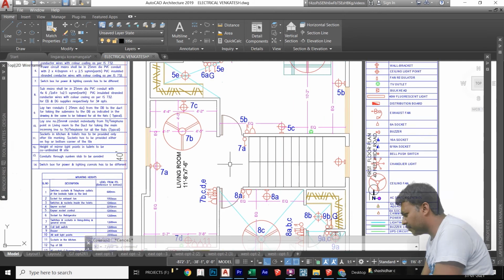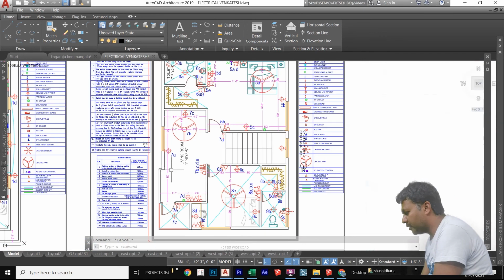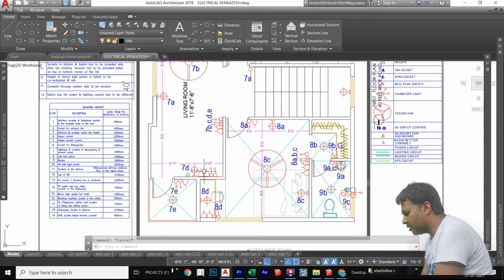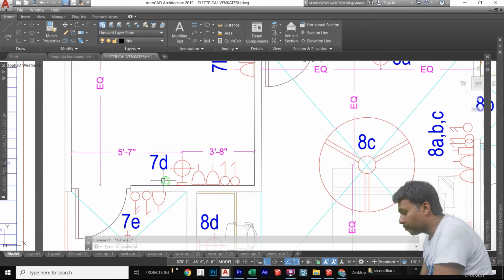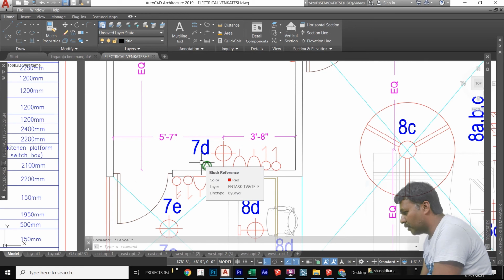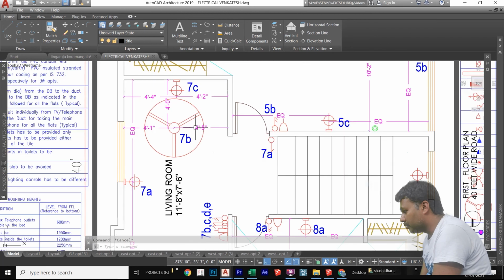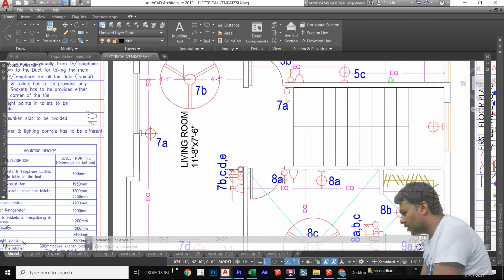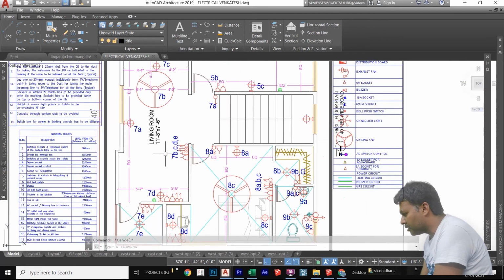Once we enter the first floor, in the small living room we provided one ceiling fan point and one wall light. Here also one wall light, and this is a small TV place. He can use the TV also, and the complete TV controls we provided here, and one telephone point also we have given here for a data cable purpose. Now on this wall I have given the complete controls of this living room, 7A, 7B, 7D.